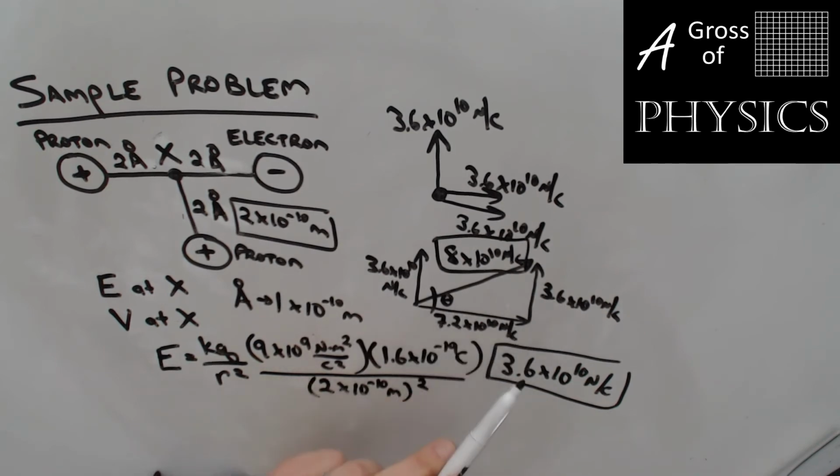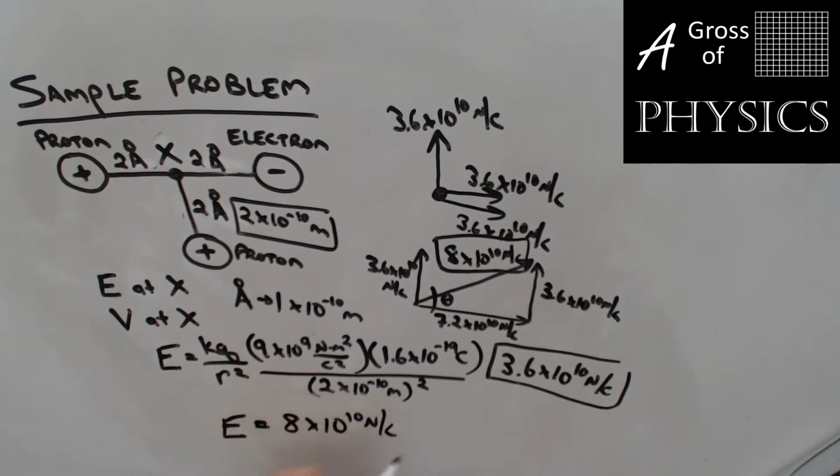So inverse tan, opposite, is 3.6 to the 10 divided by 7.2 to the 10. And I'm going to do second tan. Where is it? Tan. Second answer. I am in radians. Let me get into degrees. Clear. Second tan. Second answer. I'm getting 25 degrees. So my final answer for E is 8 times 10 to the 10 newtons per coulomb